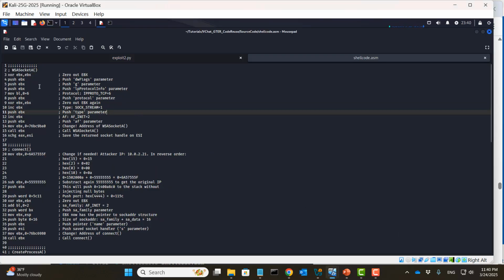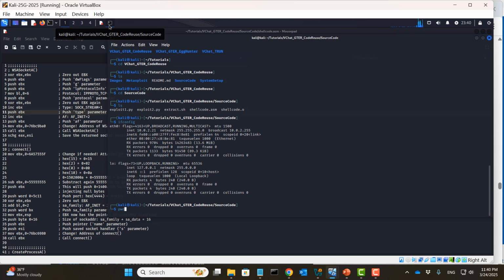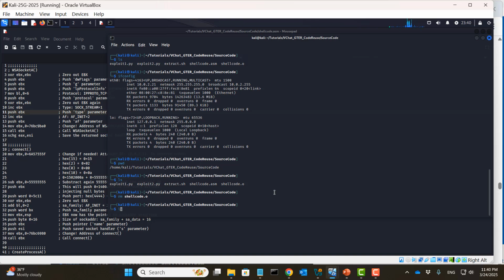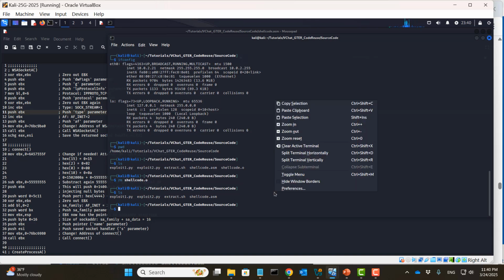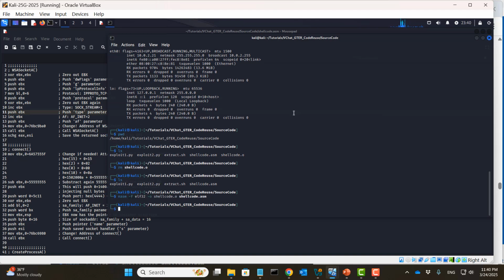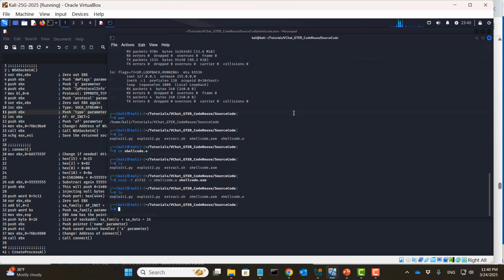Right, so here I make sure it's actually saved. So then I come to here, I'm in the red folder, okay? So I can remove the old shellcode .o file. So we don't have that anymore. So then we actually assemble it, get the object code,